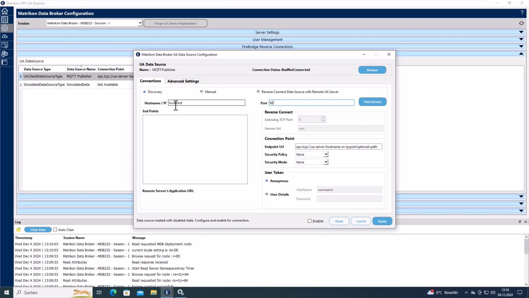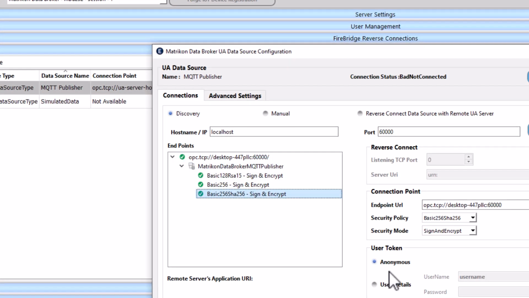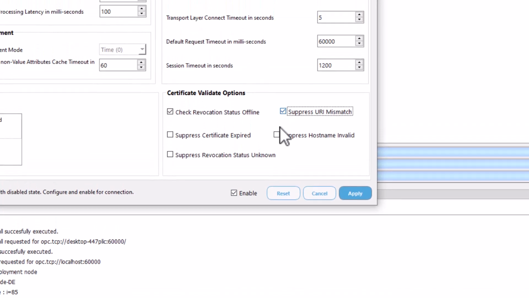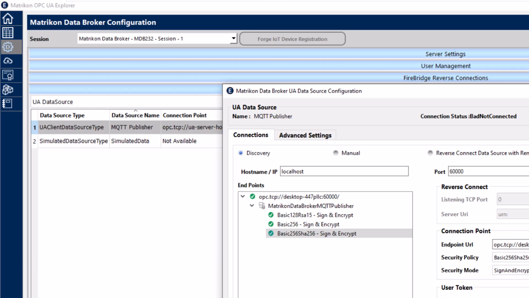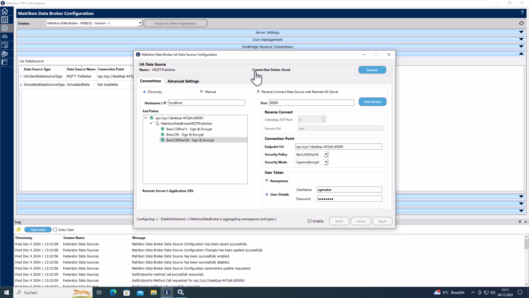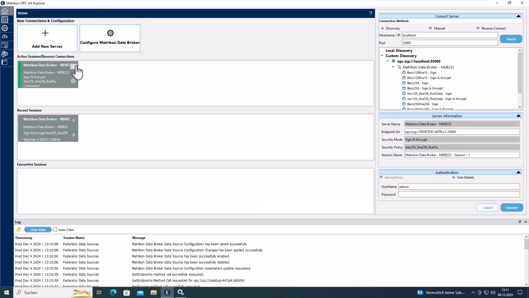The publisher is listening on port 60,000. So here it is. I'm also using the default credentials here again. And as already mentioned, all the certificates are already trusted. You can see here the connection has been established, and now the data broker is aggregating the address space of the publisher. It will take a while, but we can already go back and close this connection